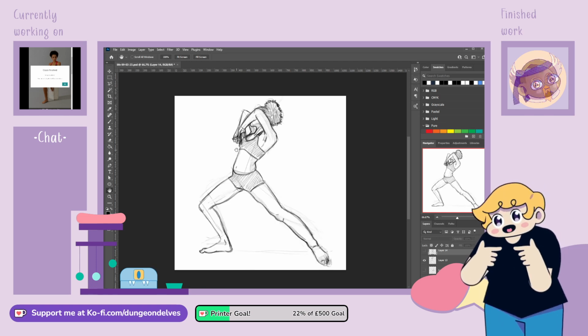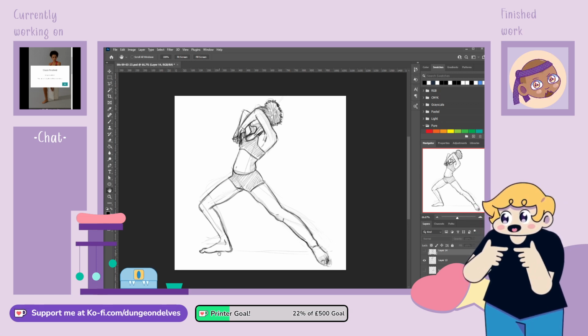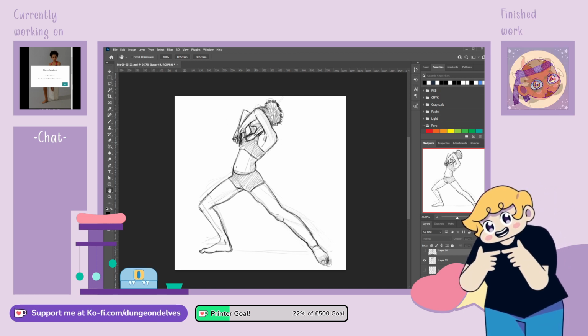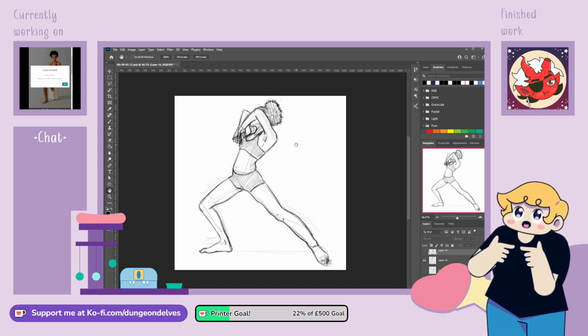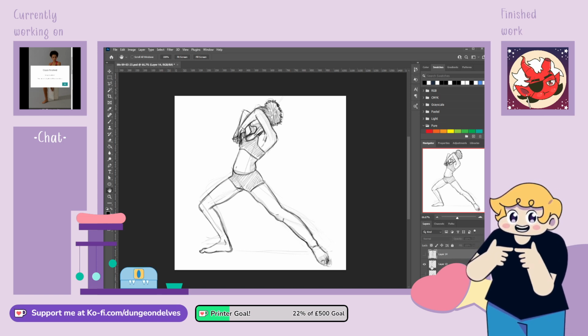And then this one, this is my favourite one. The front foot's looking alright, this foot's looking good, we've got the hands. It definitely looks like she's just in the middle of a yoga pose. I really like this one. This one just feels big. Big and hand-wavy to me.